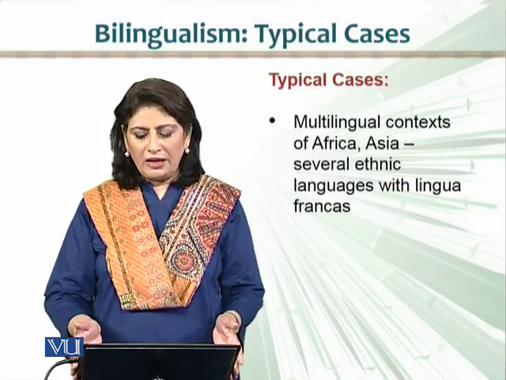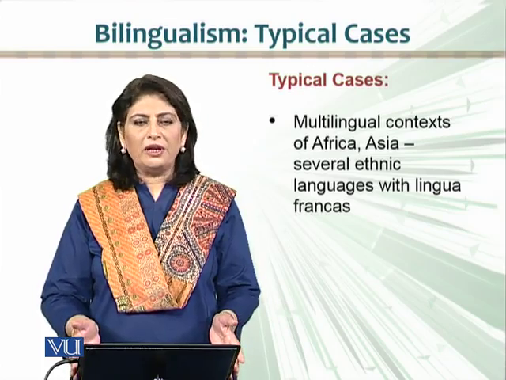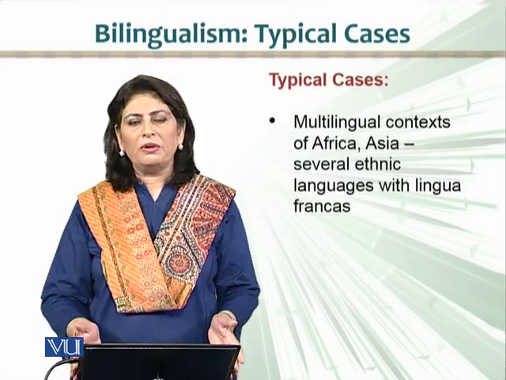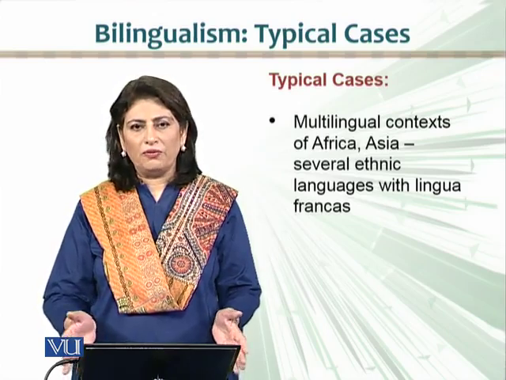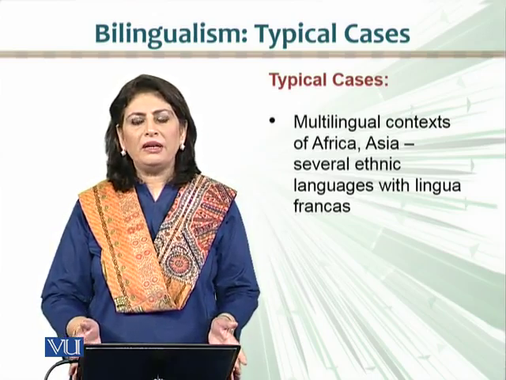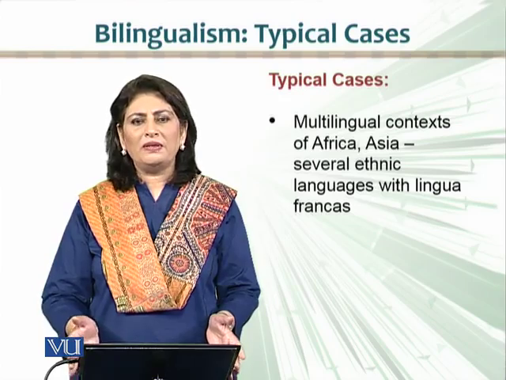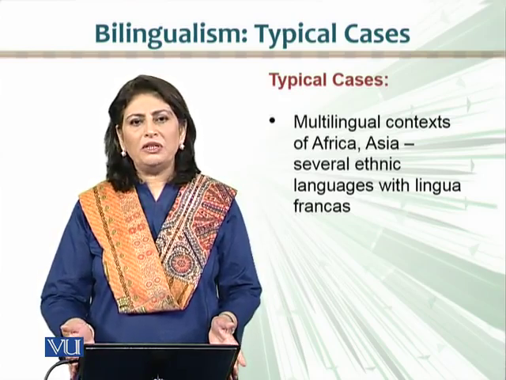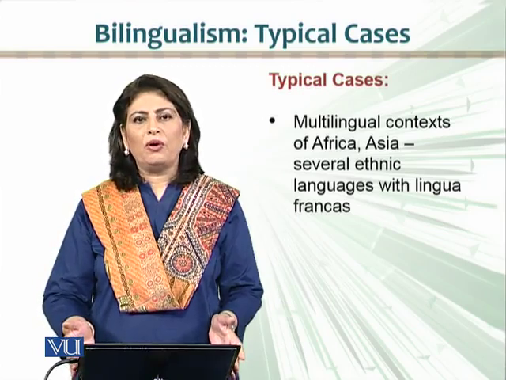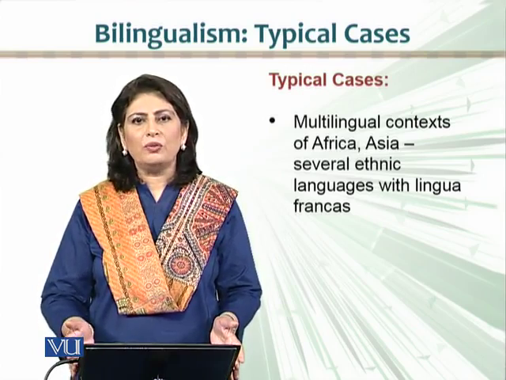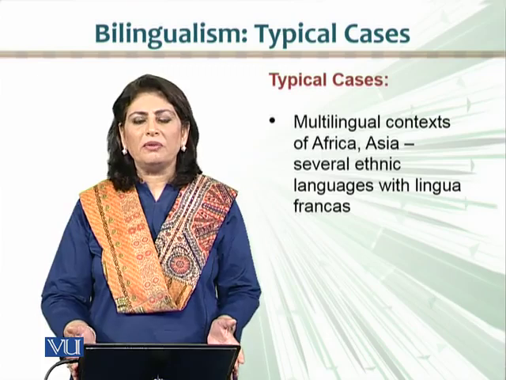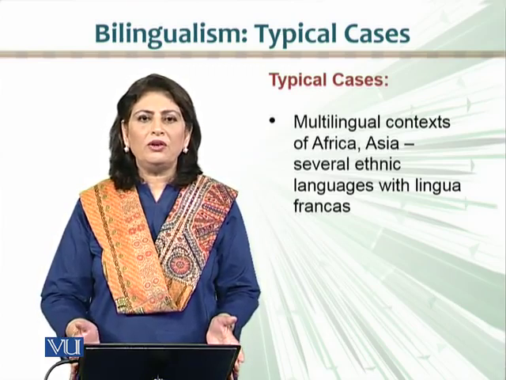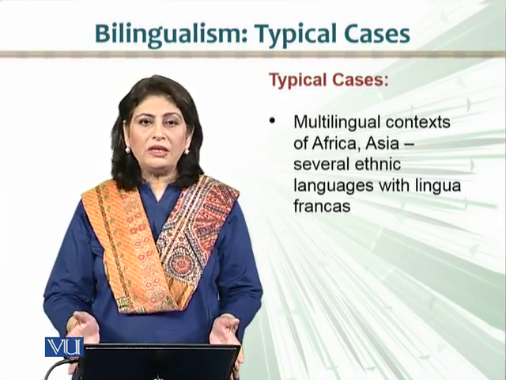Another case can be that of what we find in the context of Africa and Asia. Now, in these contexts, for instance, if you look at Africa, because that is an extreme example of this kind of case, people would know several languages. So if a child is at home, the child will be speaking one language. The child steps out, and the community would be speaking another language. You move on to find work, there might be some other language, and in school there is another language. So what happens in these communities is that the children or the people are not just bilinguals, but they know a number of languages, usually 6 or 7 at a time,